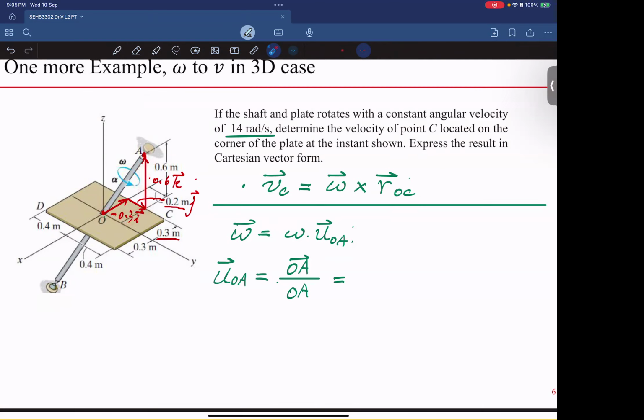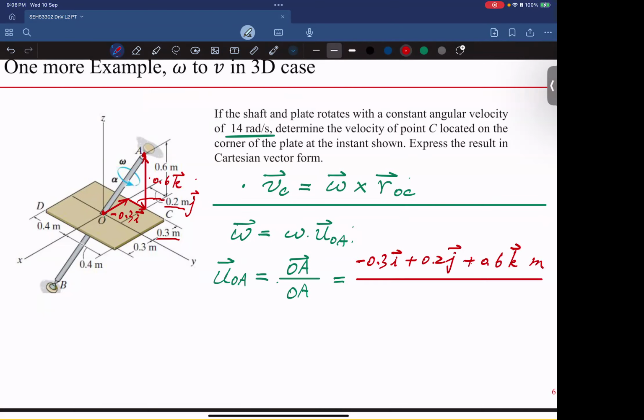So just break the vector OA into three components, I, J, K. So OA is negative 0.3 I plus 0.2 J plus 0.6 K meter,